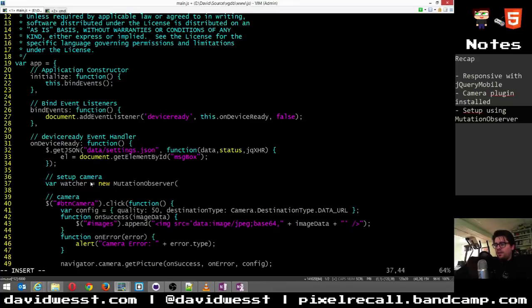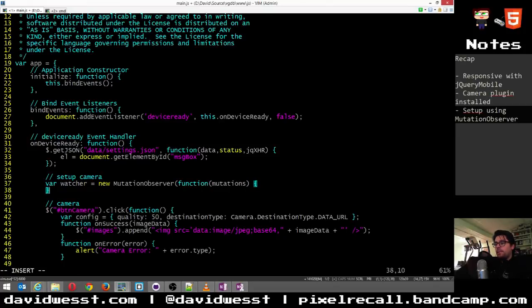These are implemented across, from IE11 right across. IE11 implemented them with their most recent version. So that's a good thing. And now we just want to create that. Where's my notes here? Okay, so the observer actually takes a callback, a mutation callback. So new function, and then in there it actually provides us with mutations.